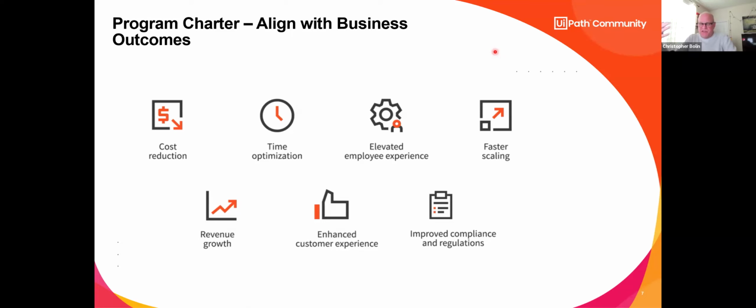Enhance customer experience. This is vitally important when we deal with call centers, or in some instances where we deliver an app interface to a customer and they can interact with the app interface on their phones. What experience do our customers want? This is where a lot of focus groups and things like that come into play. What do our customers want to see? How does that impact our program charter? And of course, improve compliance and regulations. That has a lot to do with not only if you're a public organization, you're subject to Sarbanes-Oxley, but if you're a federal organization, you're subject to even more than that.